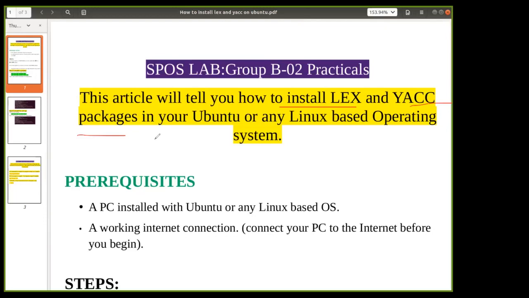The Lex tool generates the lexical analyzer, using which you can check whether the tokens can be generated or not as the first phase of the compiler. And the Yacc tool is utilized to check whether the sentence or expression is syntactically correct or not.